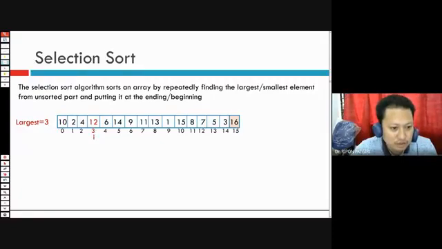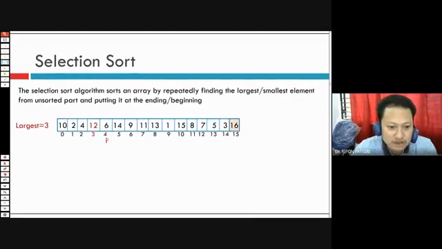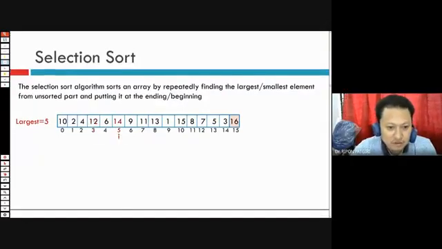Next, 12 and 6, the largest index is 3. Next, 12 and 14. What is the largest index? 5. So this 5 should be placed here.